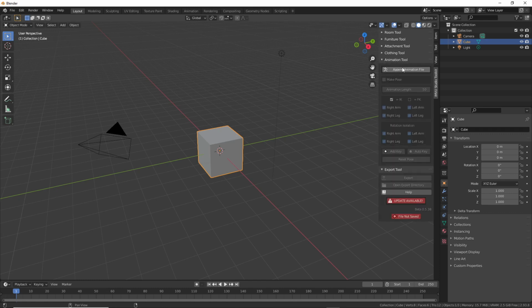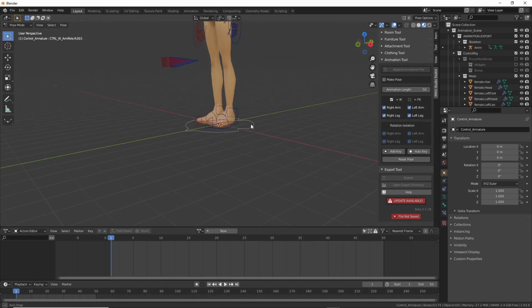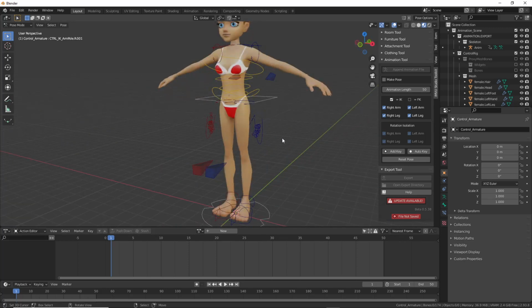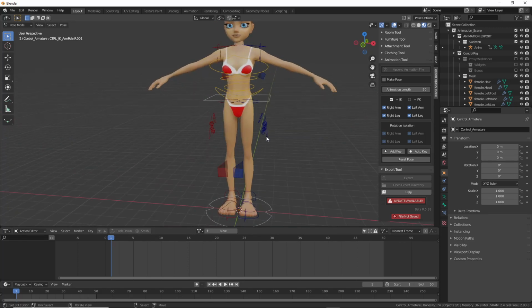So click on that to expose the options, and all we need to do to start is click on append animation file. Click that and it'll drop in the avatar, female avatar in this case, with all this stuff on it. But